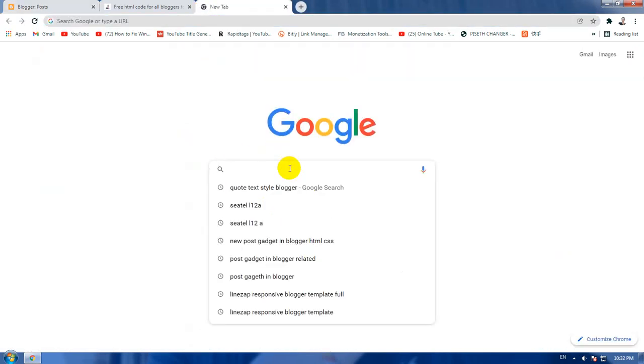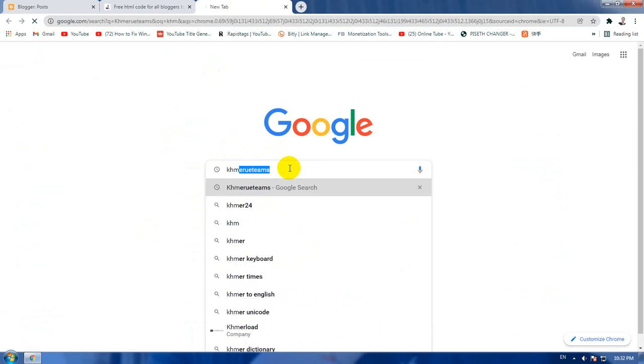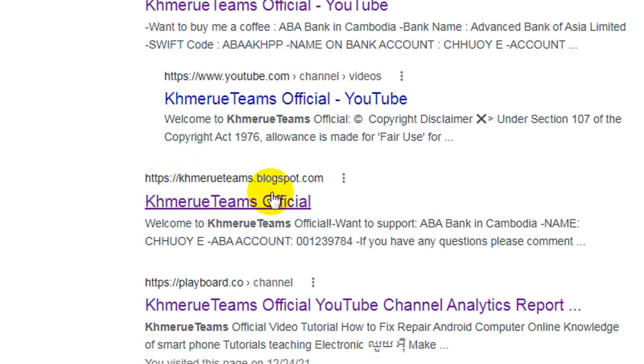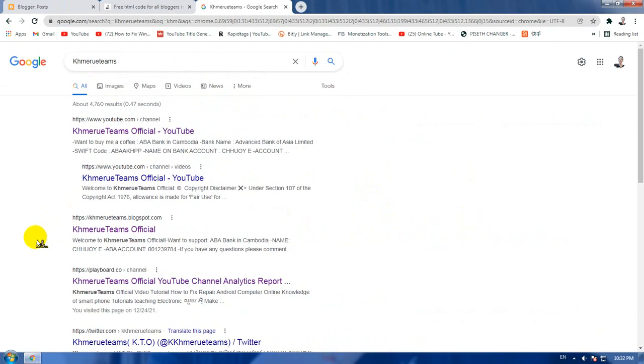Now I'm gonna show you. For example, I'm gonna type this one here, and you will see something like this, called khmereteams.blogspot.com. It is the custom robots.txt. It means that you allow Google to use that code to generate all links and list every link inside